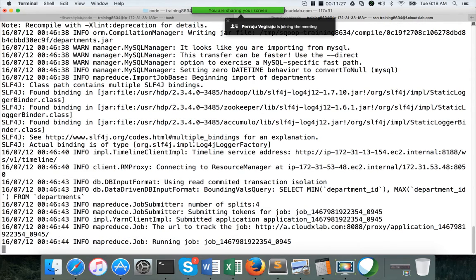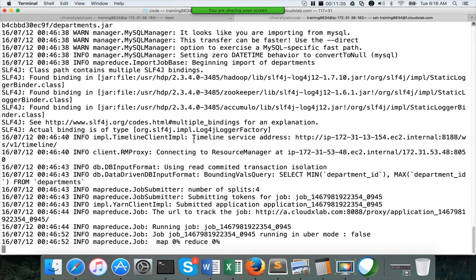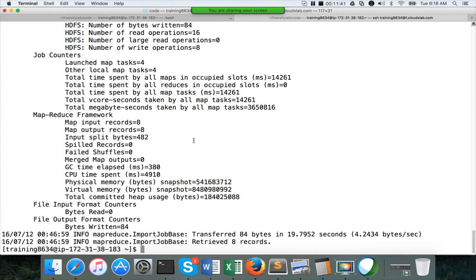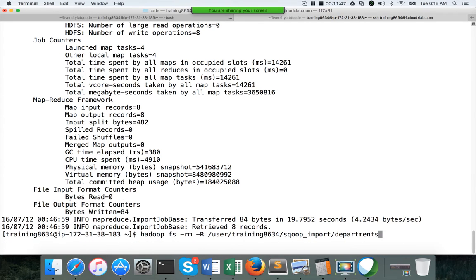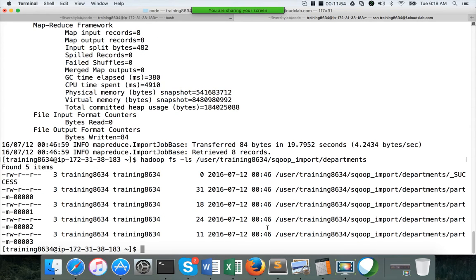Whereas with warehouse directory, it will try to create a subdirectory with the table name, whatever is the source table name, and it will copy the data there. Okay, so we have removed the user training 8634 sqoop import departments, and then we have specified warehouse directory till sqoop import, and then we copied the data. Now if you do hadoop fs -ls on sqoop import departments, you can see there is a directory and there are files copied over there.